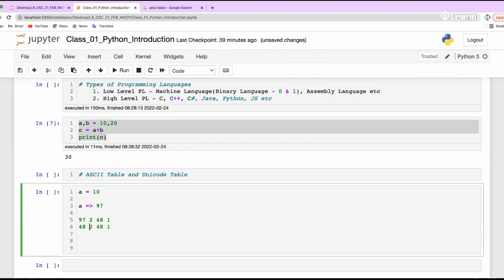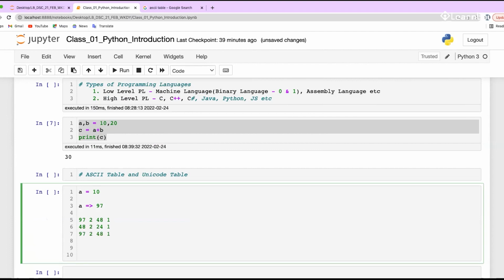Then this is 48 divided by 2. This will become 24. Then this one will become 24. You keep on dividing it by 2 until you get the 0 over here. Okay, this is the number,